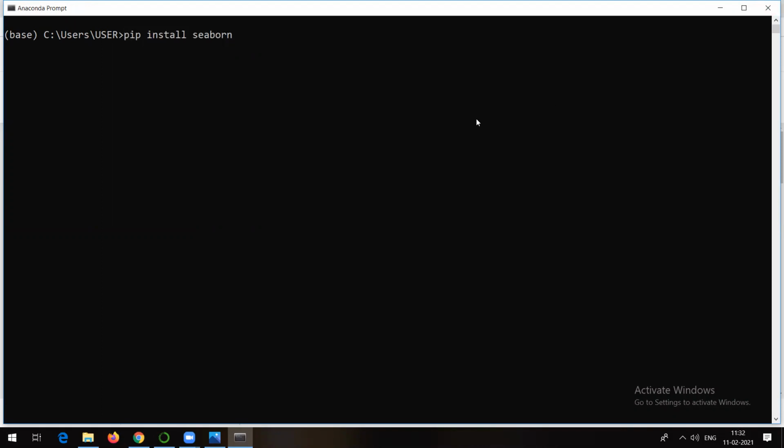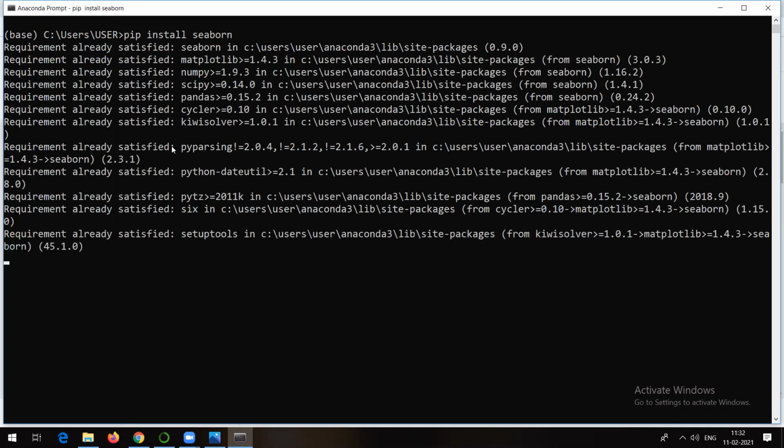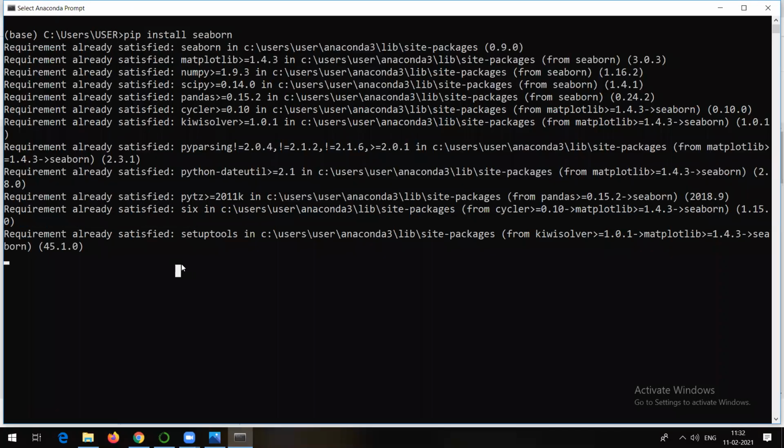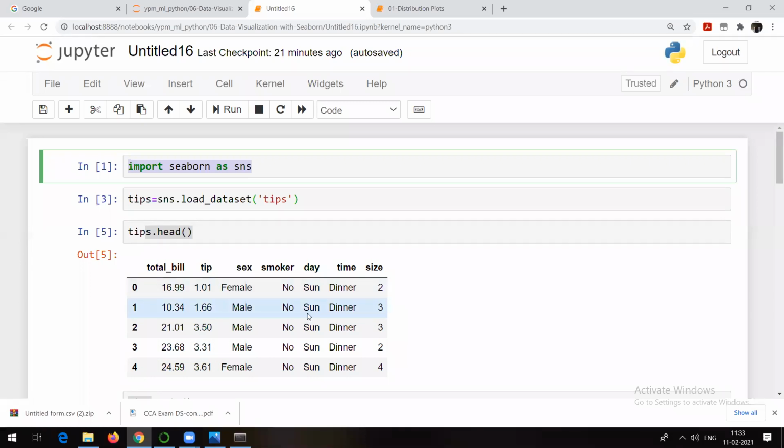So for example, if I press enter, in my case, it might show already satisfied because it's already there. But why I did not ask you people to do this? Because by default in Anaconda, seaborn is also present. See, in my case, it is showing requirement already satisfied. This is the way we install the packages. At the start, I started with these things only. So just check in your case, Ramawa, and just let me know. Yes, sir, I will. Or otherwise, just take a photo of that and WhatsApp me. No problem. Okay. Anyway, I hope that's not a big thing.